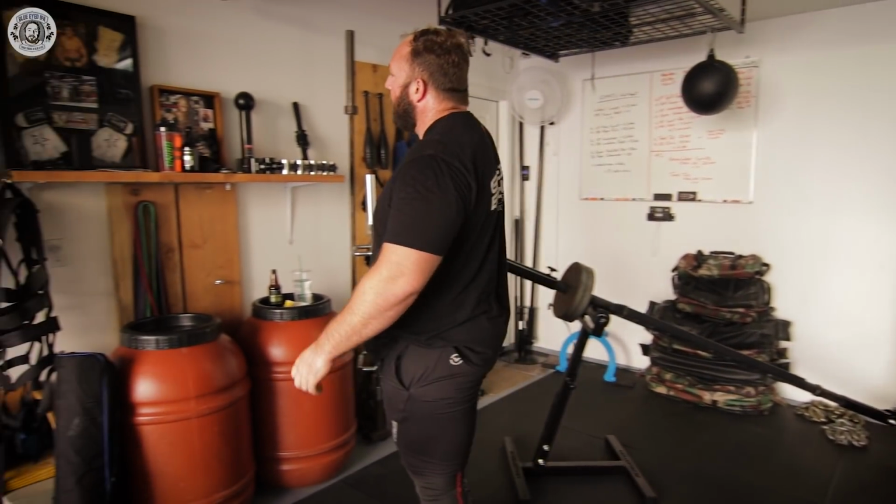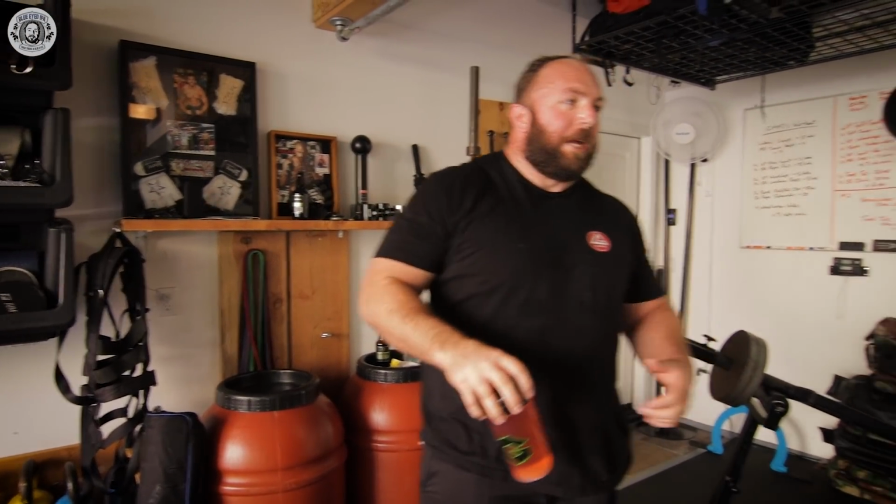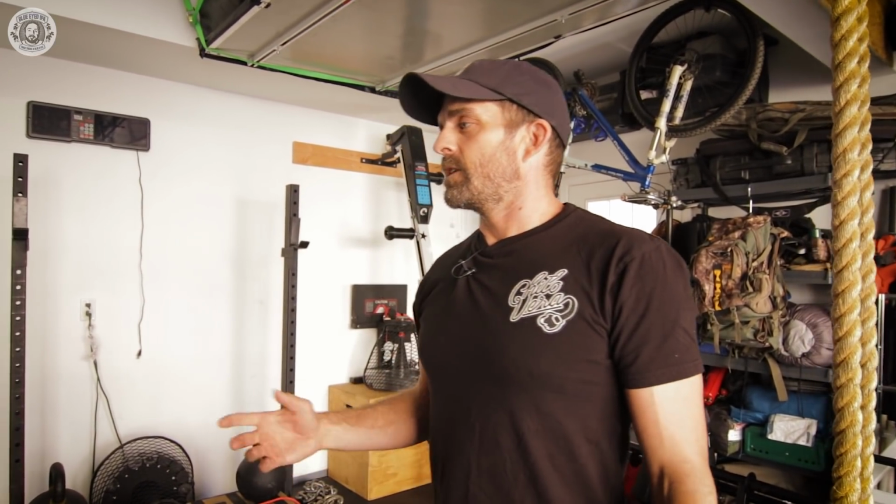So with the isometrics being such a big part of grappling, do we have them do timed holds with that type of stuff too? Yeah, for sure. It depends on the individual, obviously, and what they're doing. A lot of guys train in the gi all day long, and then when they come to see me, they want to use those gi grips. It's kind of like, all right, dude, you've got enough time with the gi on, so let's change up some things. So we'll do maybe a fatter grip. We'll do a pipe grip, like a wrist grip type thing. I'm always trying to give them something that they're not getting, but maybe developing that strength that they need. So the isometrics we'll use a lot of different ways, for legs, for upper body, for various positions that they might encounter,